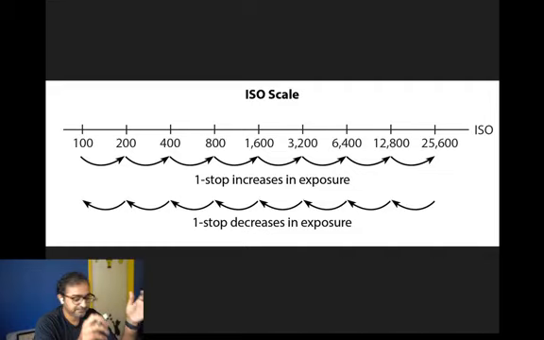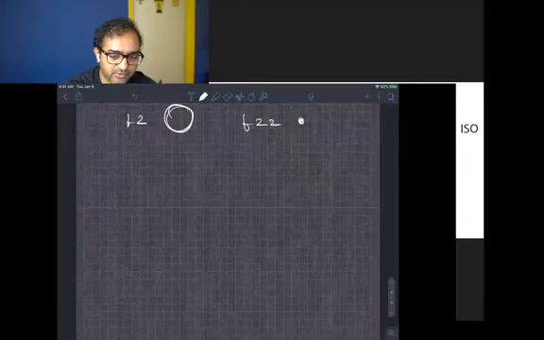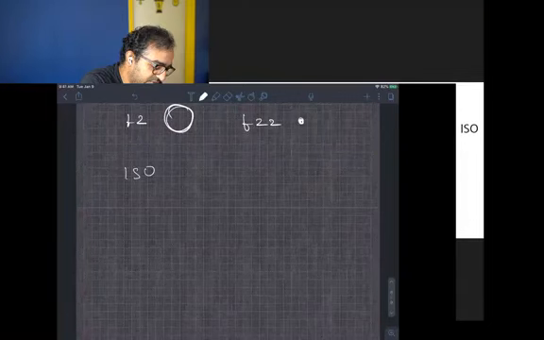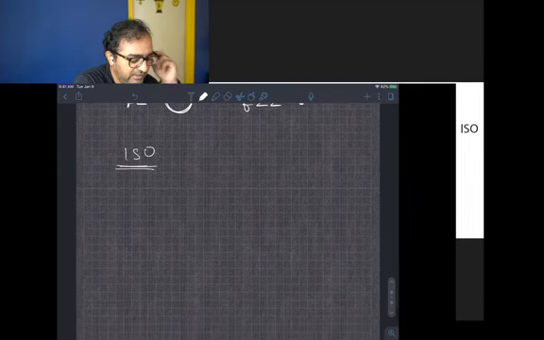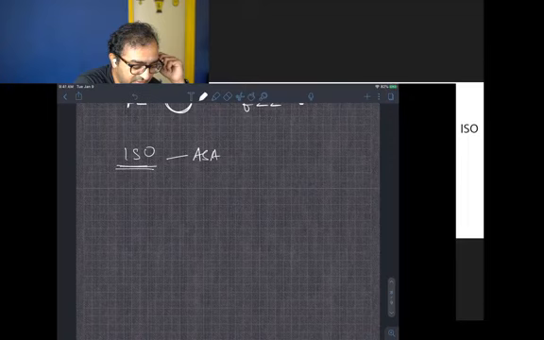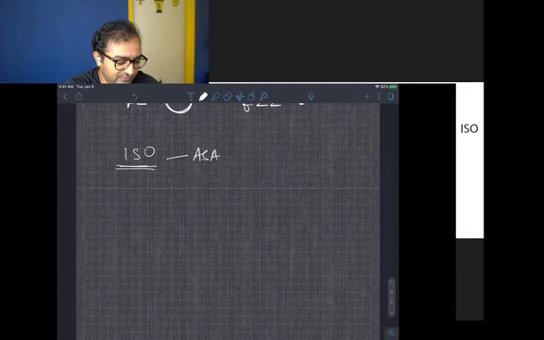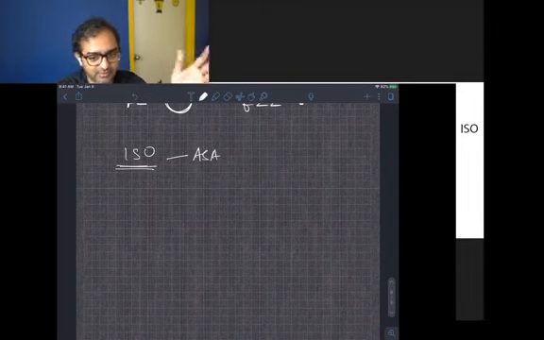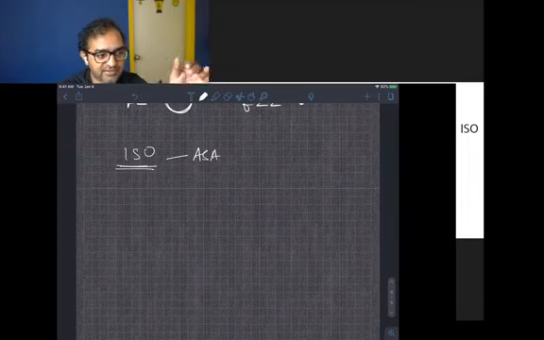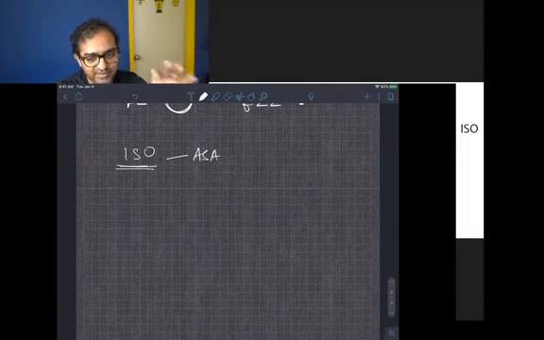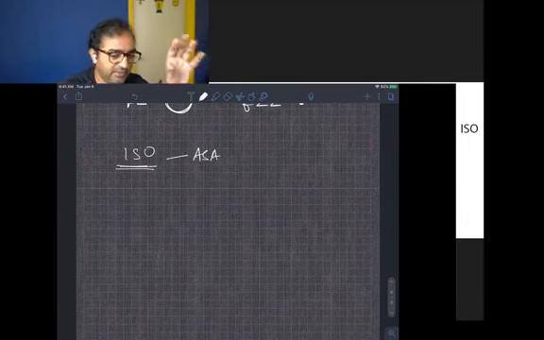Okay, so this is the ISO scale, and I'm just going to go back to my little whiteboard. All right, so let's talk about ISO. ISO, also known as ASA earlier, the American Standards Association. ISO, everyone knows, is the International Standards Organization. It literally means that it's a standard. There are minor variations from camera to camera, film to film, but generally the guarantee is that ISO 100 on your camera should give you an equally sensitive sensor compared to ISO 100 on another camera.